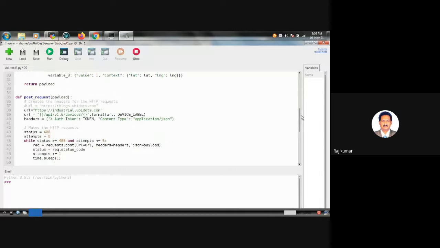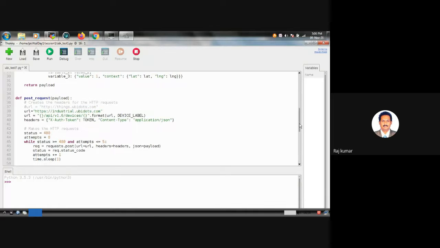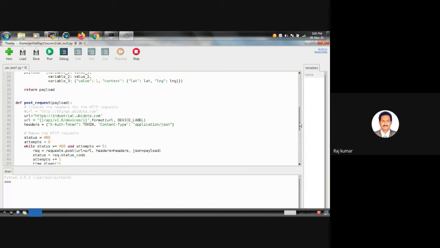So for the post request, I'm requesting industrialubi.com. So this is the URL and the token should be changed now. I'm using the previous token. All the header information should be written to this protocol before generating the data. Some authentication token which the service provider will provide for us. Next one is content type. This application is of JSON. Sometimes the application will be of XML or some other data types. But here we are using JSON as the payload.